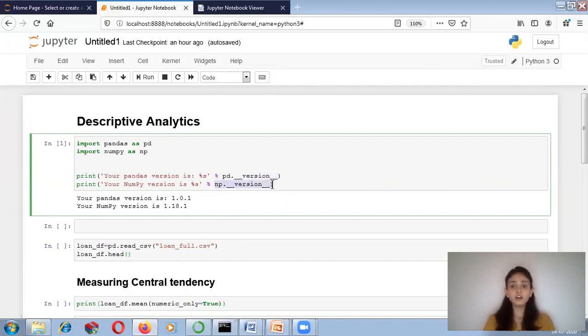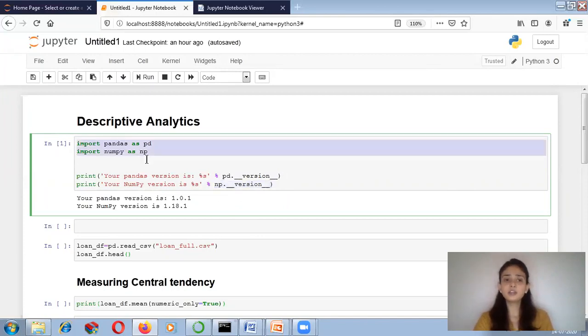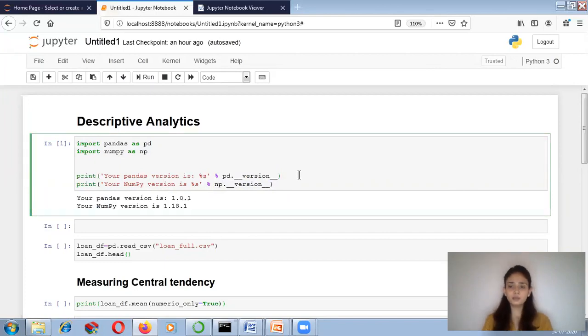So you can write np dot double underscore version double underscore. So if you run this code, then both libraries get imported, and you will know what is the version of numpy and pandas. As there are a lot of updates nowadays in such types of libraries, if you want to know the version of the libraries you are using, then you can write the code like this to know the version of the numpy and pandas libraries.